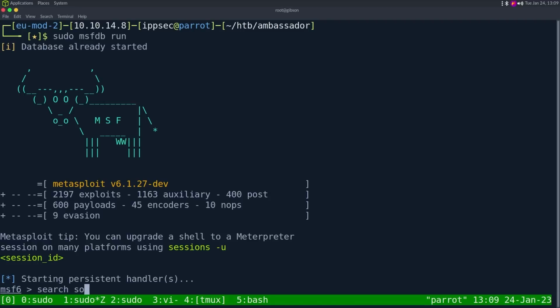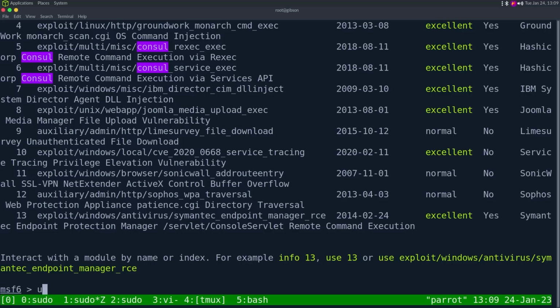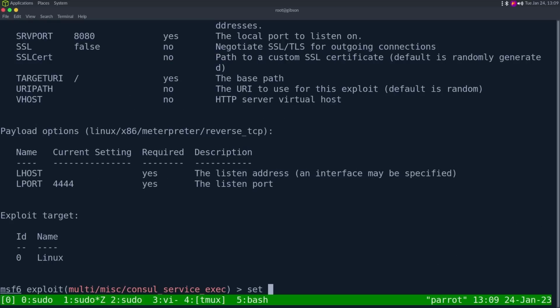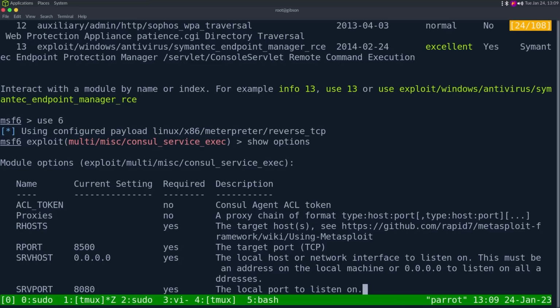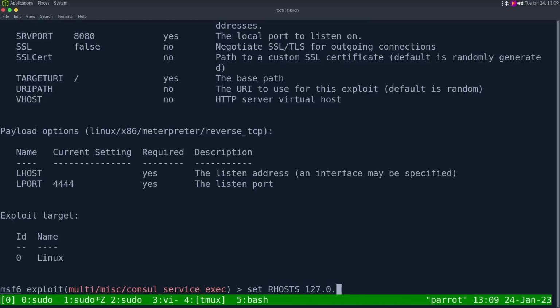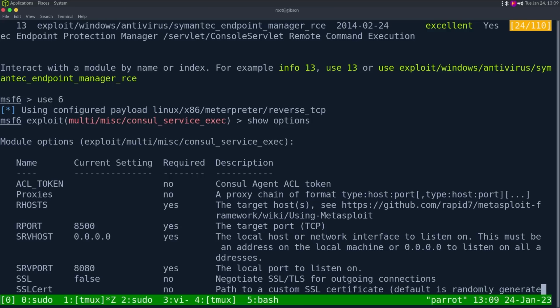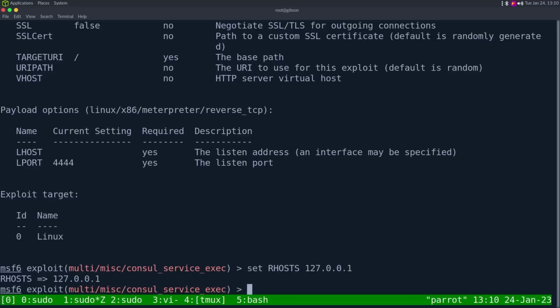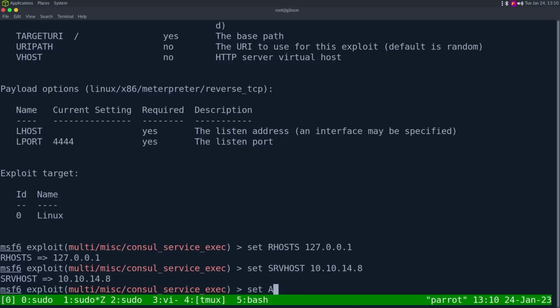Search Consul, use 6, show options, set, let's see, our host 127.0.0.1. ACL token we'll probably need to set, and I guess serve host. Set serve host 10.10.14.8, set ACL token,